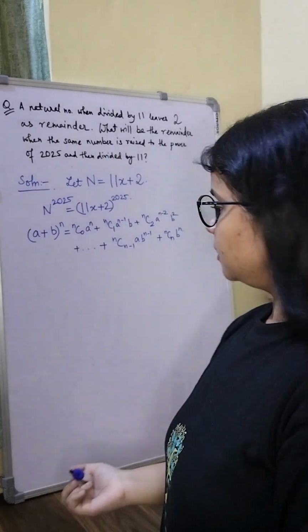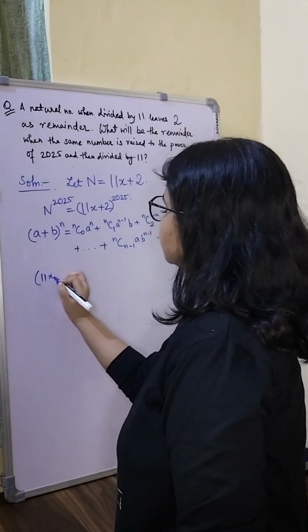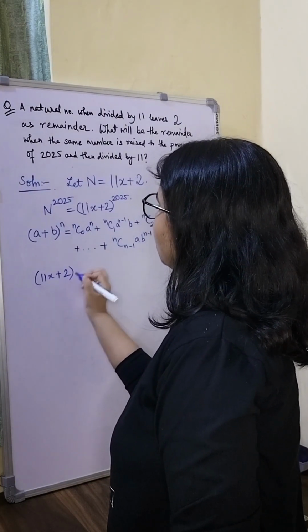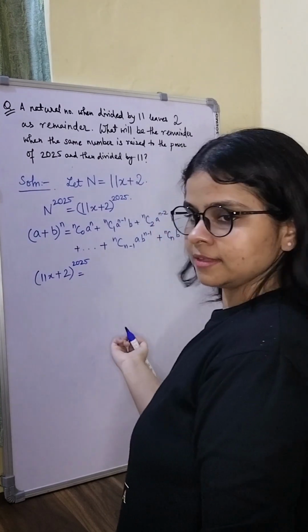Right? Similarly now, this 11x plus 2 whole to the power of 2025 can be written as